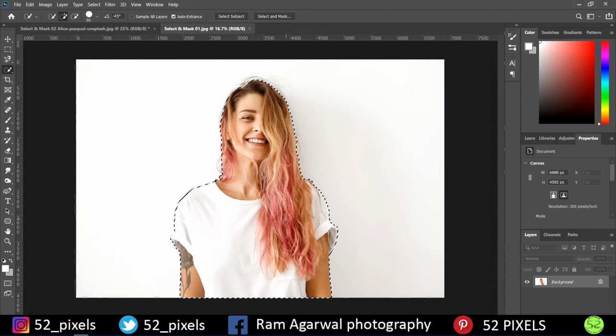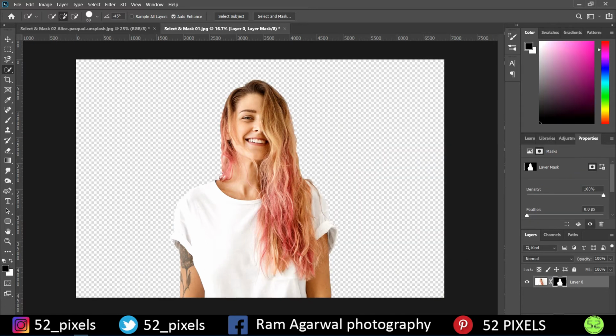As you can see, I've selected this image, and using the normal procedure we are going to go to add a mask. Once I click on it, as you can see, I have got this masking effect done on my image, and this is how my image looks after getting masked.